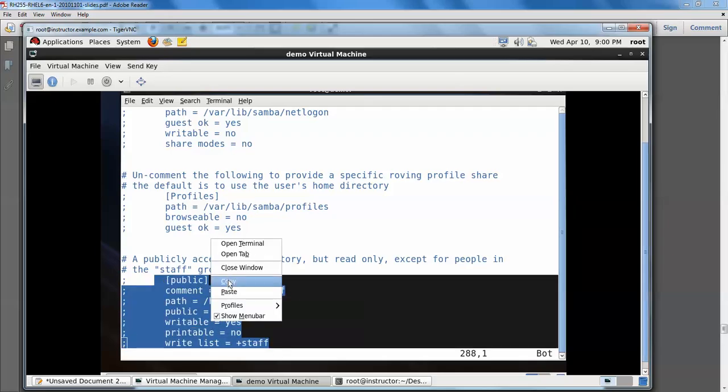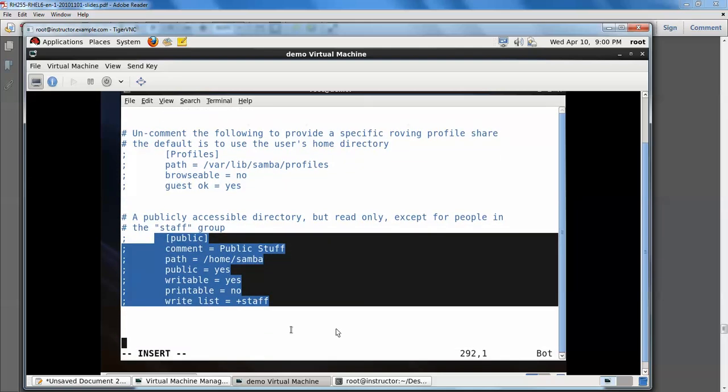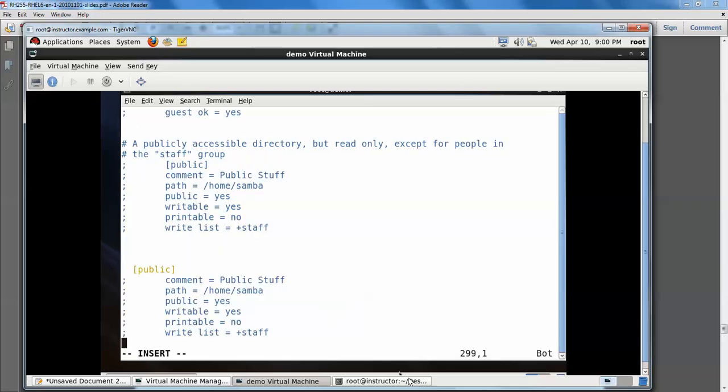Copy, then paste it. You can mention this one as the share name. I'm giving the share name as class.